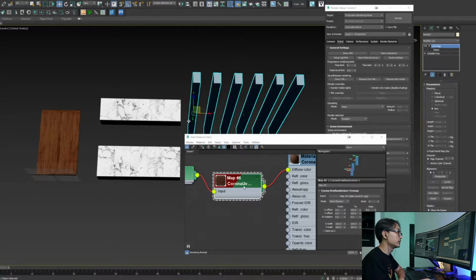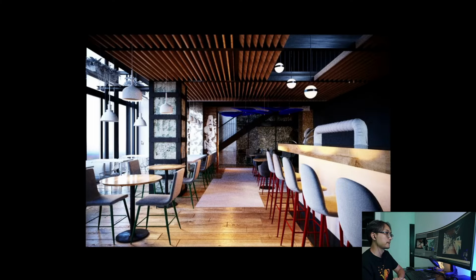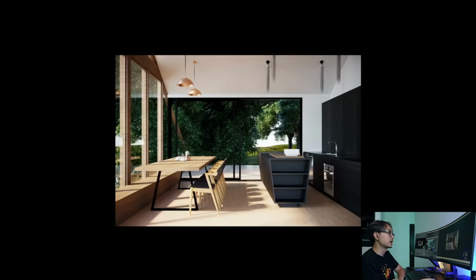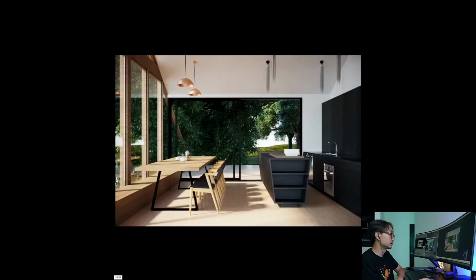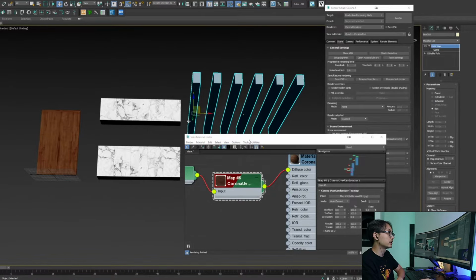So the Corona UVW randomizer really helps a lot, and it comes from Corona version 4 or version 5. I don't remember exactly, but it's really a good thing because you can replace all of the